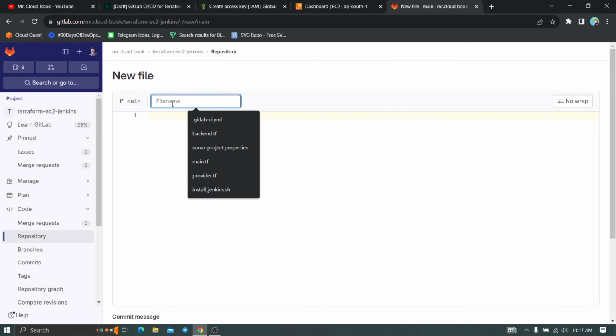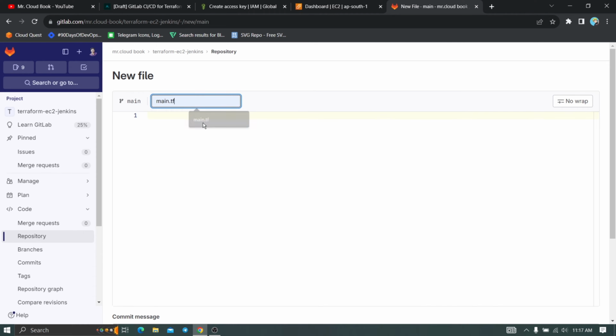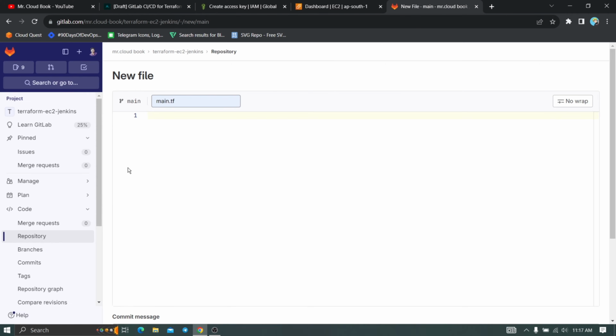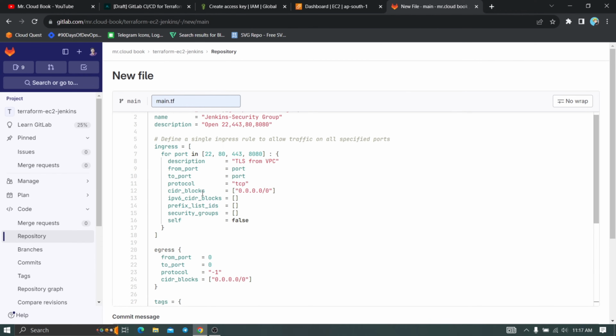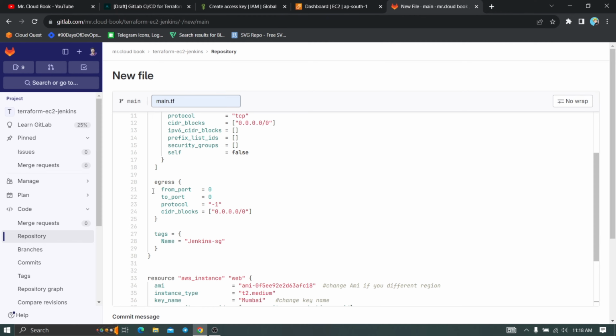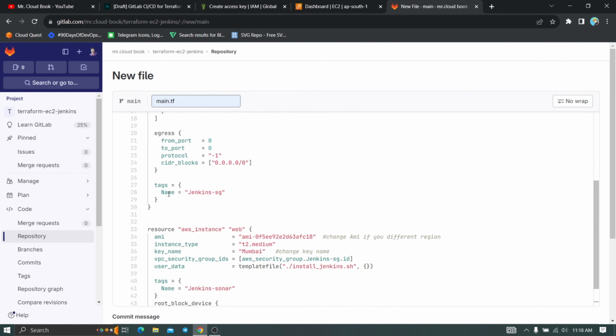For the file name, you have to use main.tf. For the content, just copy this content. Let's copy this one and come here and paste it here, and this will create a security group on our AWS console. So with inbound rules for 22, 80, 443 and 8080 for Jenkins. For the outbound rule, we are opening all ports, and this is the security group name Jenkins SG, and